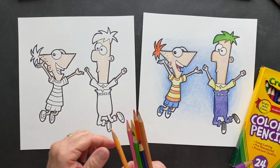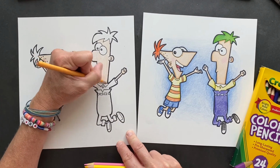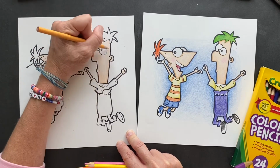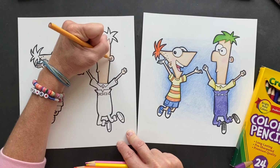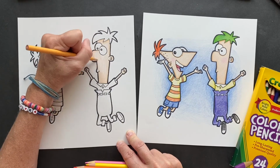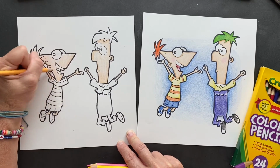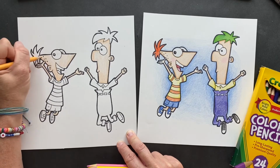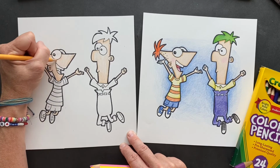Okay, so now I am going to use the peach, just do a little harder along the edge, and then we're going to get some, I might do a little more underneath his hairline. More his ear, maybe around his nose. Same with him, just do a little bit more at the bottom here. Around it. Do I need, well, we might use the tan maybe a little bit. I don't know if we really need it, but